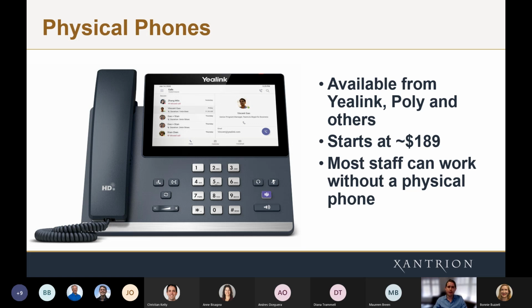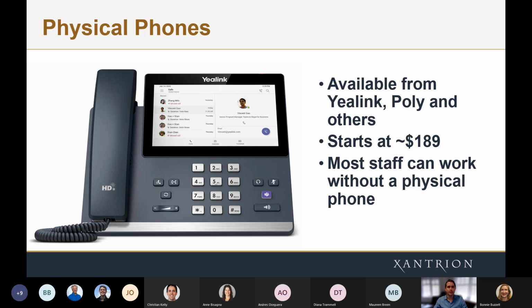That being said, we think that most staff don't need a desk phone anymore. There will always be a case that some folks in your organization will need a desk phone, maybe the folks that sit up at reception, or maybe there's a communal hotel type phone situation where you'd want to have a physical phone in a strategic location in your office. However, most employees can probably make do with having a headset or using their smartphone or using what I'm using right now, which is speakerphone via speakers and a microphone on my computer. So there's lots of options.